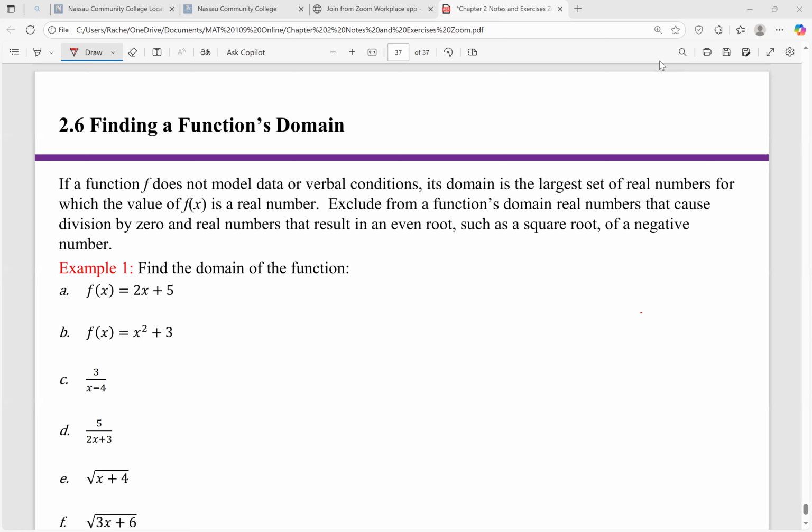if we think of the function or the equation as a machine, if I input a value of x, the machine should spit out a real value of y, right? But if I input a value of x into the equation and it's not able to spit out a real number, if it produces something that's undefined, then that value of x has to be excluded from the domain. It's not part of the domain. So think about it that way. So for example,